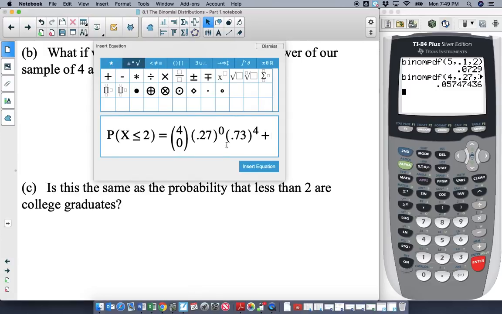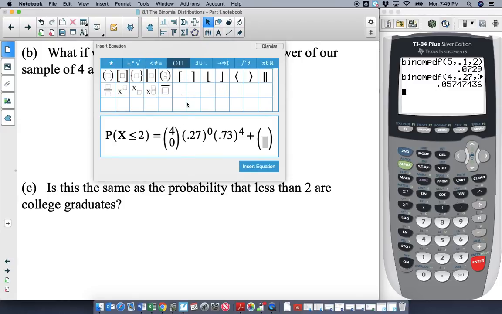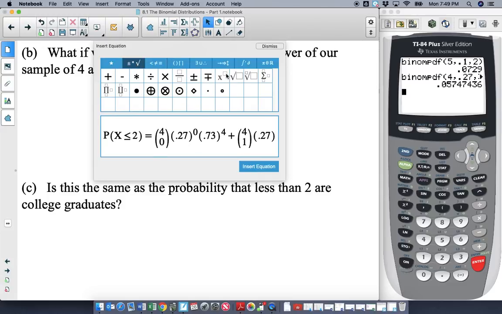Then that's going to be plus another choose, 4 choose 1 times my 0.27 to the 1st power times my 0.73 to the 3rd power, 4 minus 1,